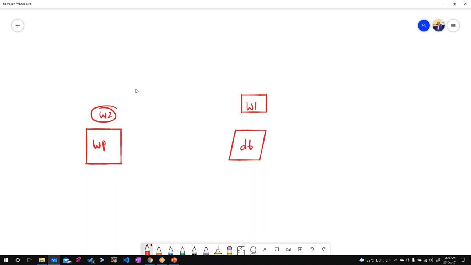So again, how many ways are there? One is using the IP address and the other one is using the name. So the DB name or the IP address of the DB. What is the range of this IP address? We are going to see it later. What happens is this DB and WordPress, we will not run as bare pods. We'll run them as pods, but we'll control them using the deployment controller.